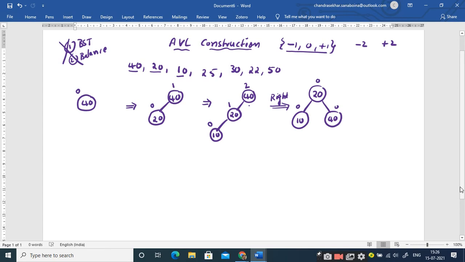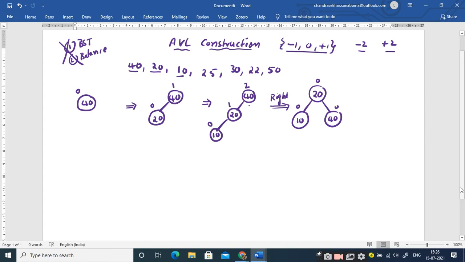This is not allowed. The AVL tree is always constructed in a step by step manner. So element by element you have to add it to the AVL tree. And once there is an imbalance, the imbalance can be either -2 or +2 only. Why? Because whenever you find +2 or -2, you apply the rotations, thereby it becomes balanced again. So you will never get a balance factor greater than +2 or less than -2. Is it clear up to this point?